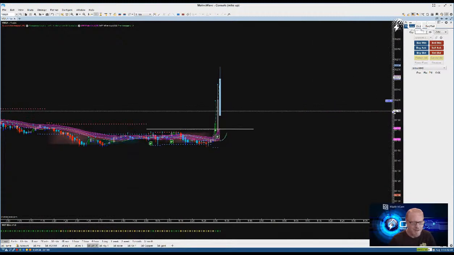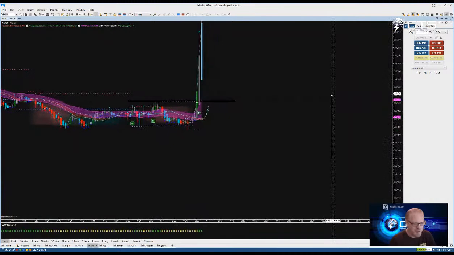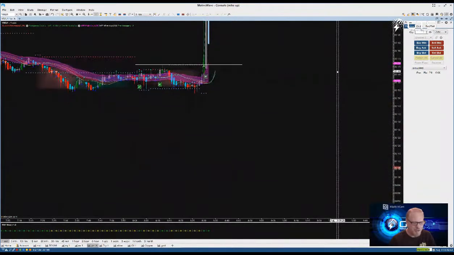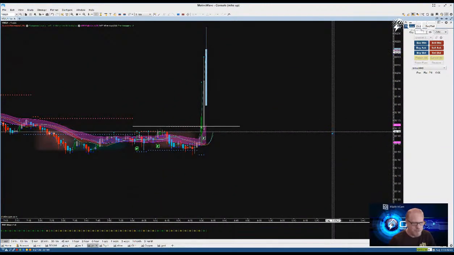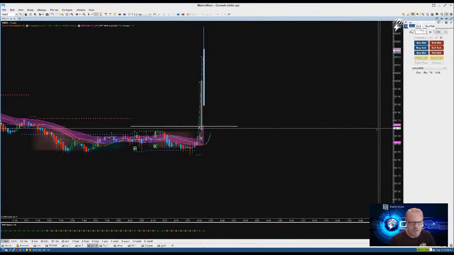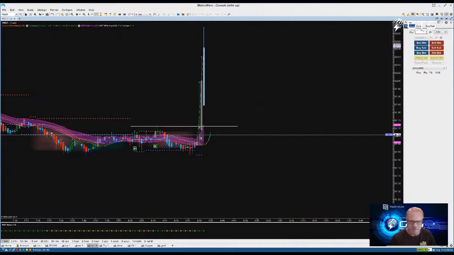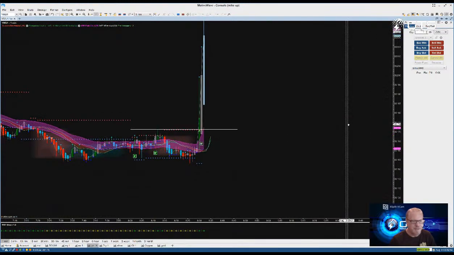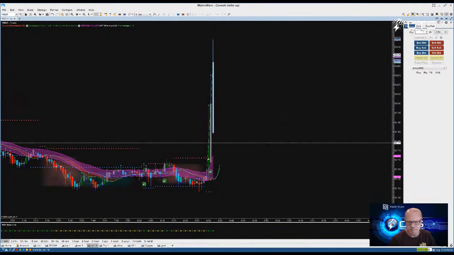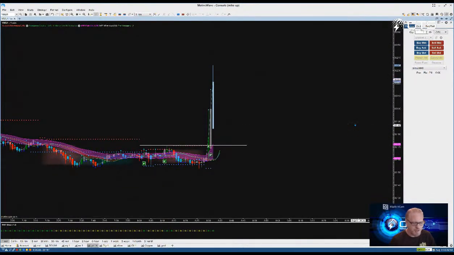I thought there was something wrong with the computer at first this morning. I got up and saw my chart kind of doing this, and I'm like, wow, what's going on here this morning? There was no economic report that I saw. So this is pretty good this morning already.